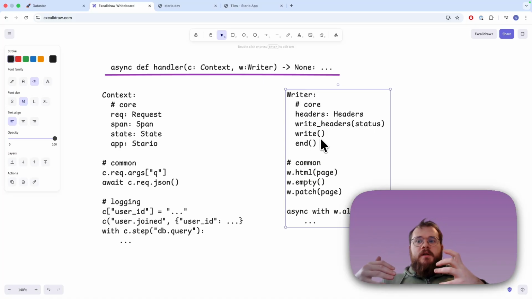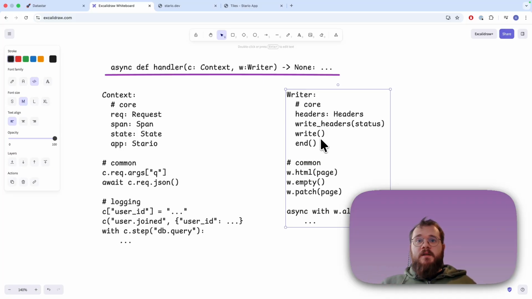We are, and that response object kind of describes for the framework how to build a response. We are doing it in a different way. We're doing it explicitly, directly from within the handler. So the idea is that the handler, so you as a developer and the handler as the implementation of the behavior, should be able to decide at what precise moment it's doing which part of the